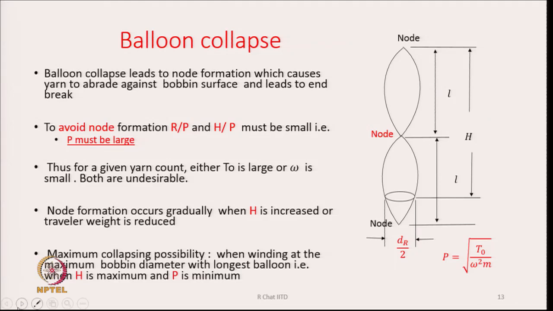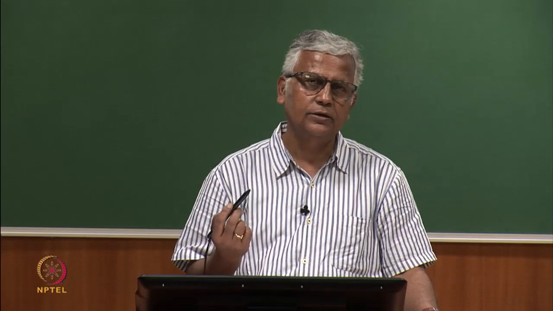Maximum collapsing possibility will be when winding at the maximum bobbin diameter and with the longest balloon, that is when H is maximum and P is minimum, because when I am winding at the maximum diameter of the bobbin, that is near the shoulder of the chase,